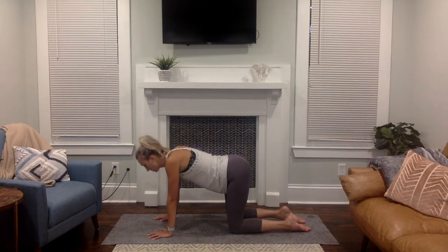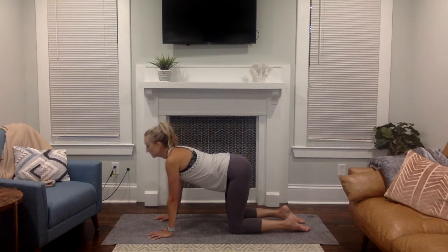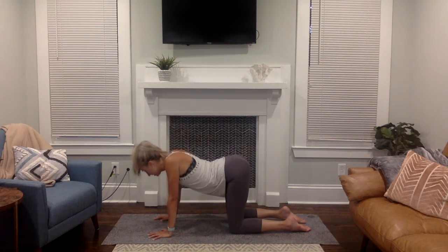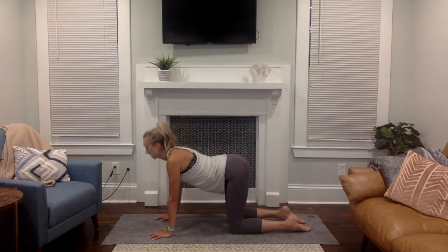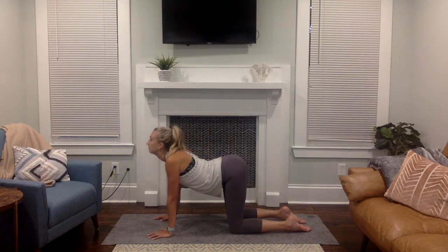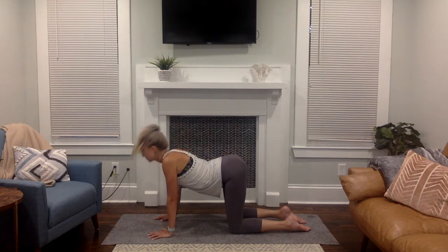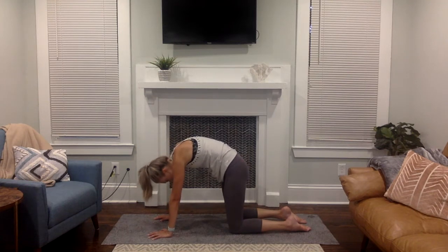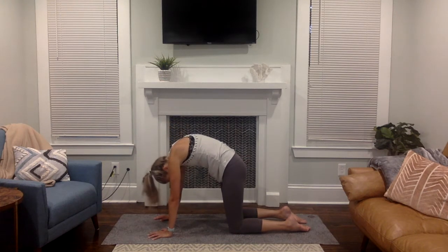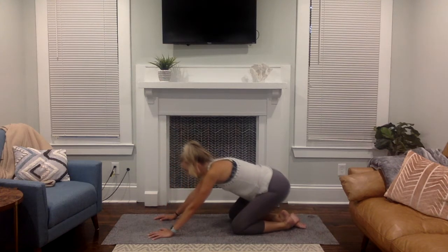Good, when you're ready, inhale, drop the belly down, taking a nice cow pose here. Look up. Exhale, squeeze the air out, tuck your tailbone under, arch your back. Good, inhale, drop that belly down, look up. Exhale, round your back, maybe tuck your chin. Good, take a few more at your own breath. Good, really finding that tilt in the pelvis. Good, and then when you're ready, drop the hips back to your heels, reach your hands long out in front